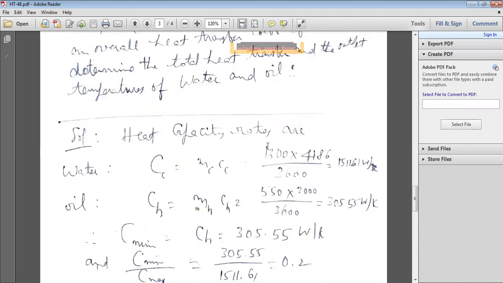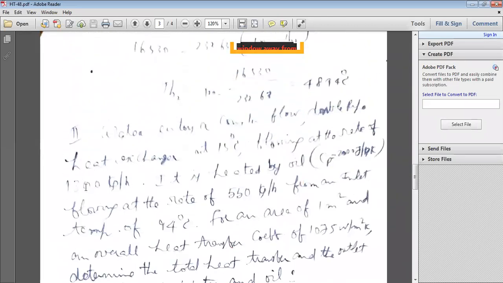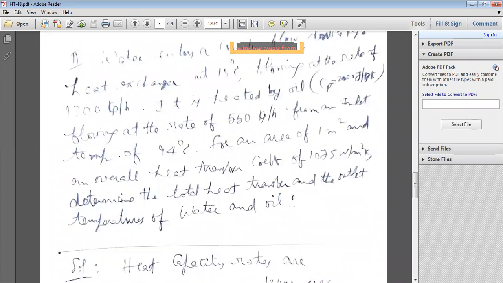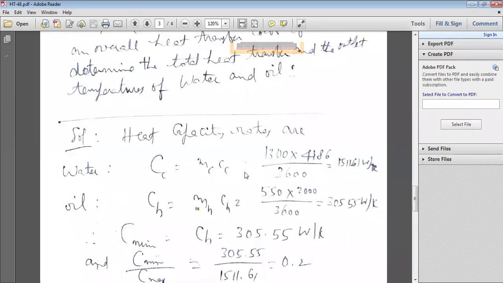Just like the earlier problem, you have to calculate the heat capacity rates of cold water and hot fluid oil. Heat capacity of water, capital CC. How do you calculate? M for mass, C for specific heat, M into C: mass of the cold fluid into specific heat of the cold fluid. Mass of the water is 1300 kg per hour. You have to convert to kg per second, that's why 1300 divided by 3600, into